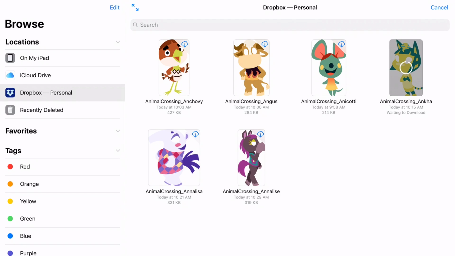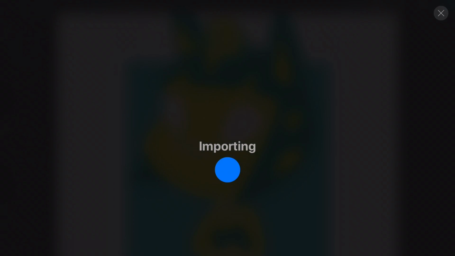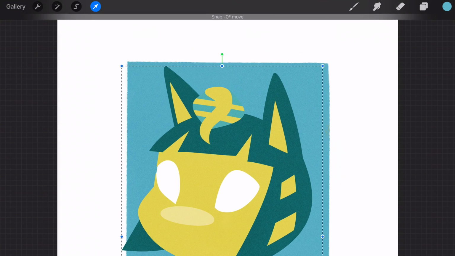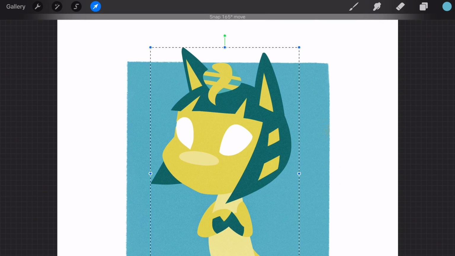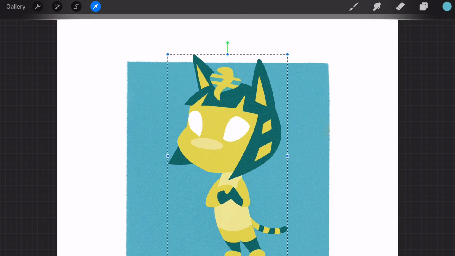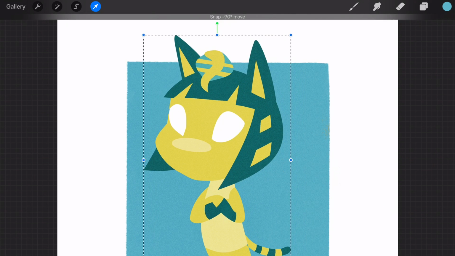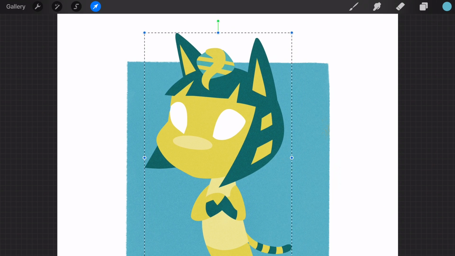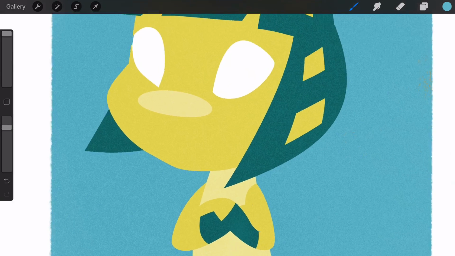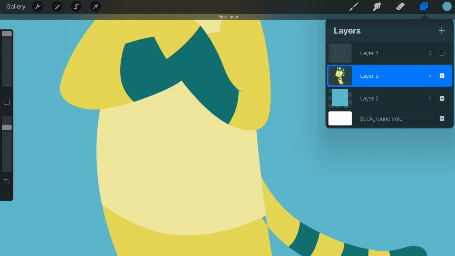I send the transparent PNG over to Dropbox, open it up in Procreate into a template I've already created. Now this template already has the background in it and my signature, and on top of everything there's a texture layer that's made with the Bonobo chalk brush. It's set to 52% opacity and set to overlay, and it just adds a little bit of grain,